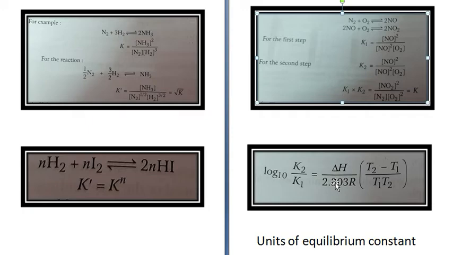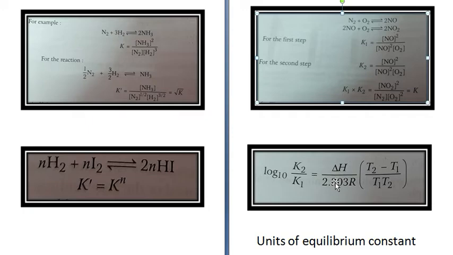Okay. Now next we come to units of equilibrium constant. When defined in terms of concentration or partial pressure, K will have different units in different reactions. Value of K is not truly constant, as the concentration changes, the value of K also changes. So a dimensionless quantity called activity is used in expression of equilibrium constant. So K has no units. However, magnitude of equilibrium constant will depend upon the standard state which is chosen.